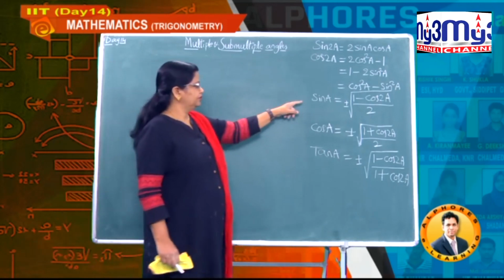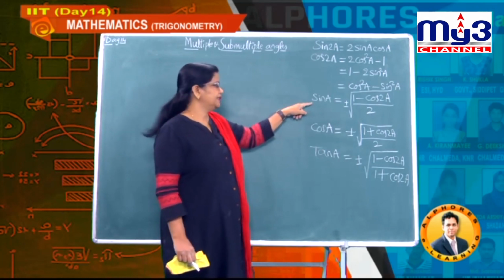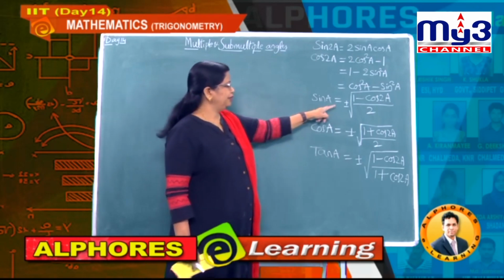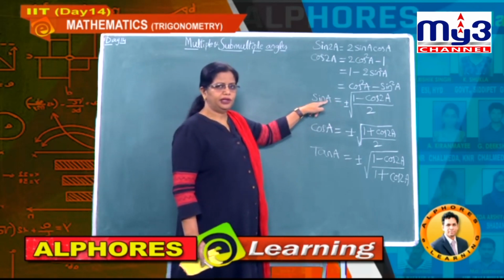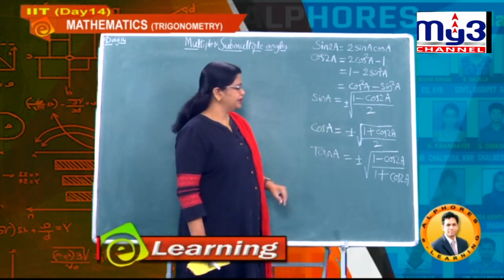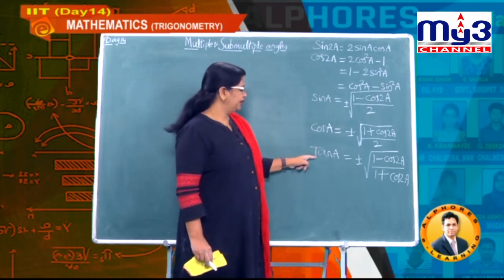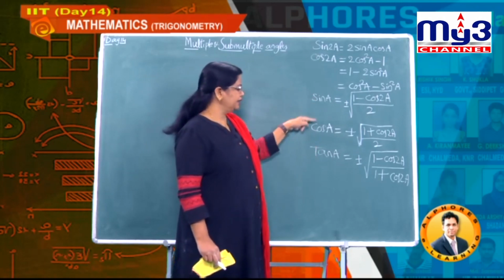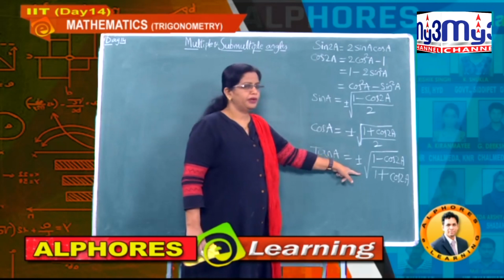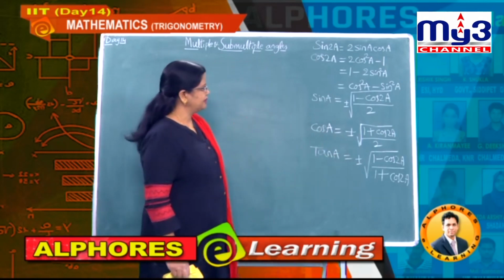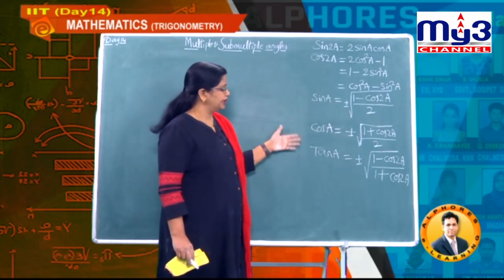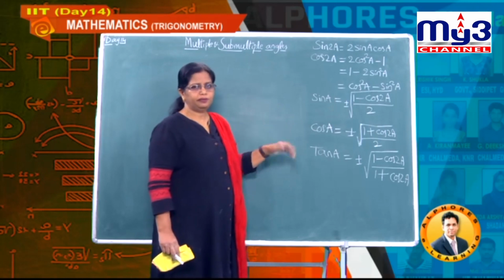Okay students. Now you observe here, this is the sin A formula, cos A formula, which we just deduced. So plus or minus, when A is acute or belonging to whatever quadrant, here you can use the corresponding plus symbol or minus symbol. Here also same. And now what about tan? Here it's nothing but exactly sin A divided by cos A. Then this 2 gets cancelled, so you got this kind of formula. Understand students? So like this, sin square A, cos square A, tan square A, or sin A, cos A, tan A, these are some of the important formulae.